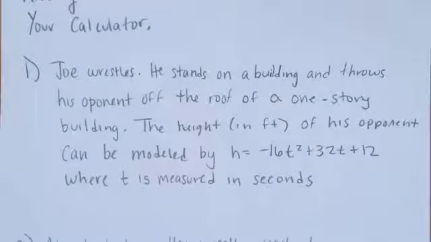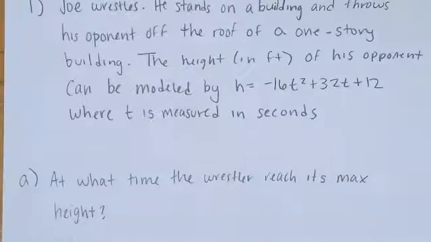Joe, he wrestles. He stands on a building and he throws his opponent off the roof of a one-story building. The height in feet of his opponent can be modeled by h equals negative 16t squared plus 32t plus 12, where t is measured in seconds. All right, so here's our first question. At what time will the wrestler reach